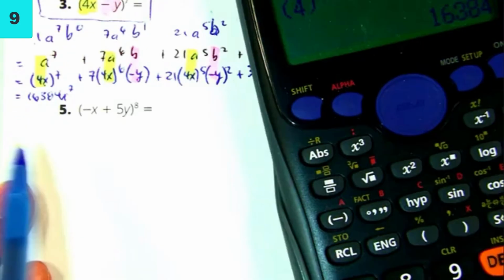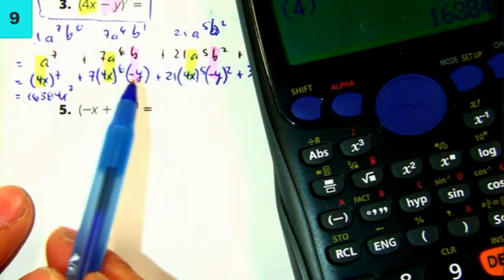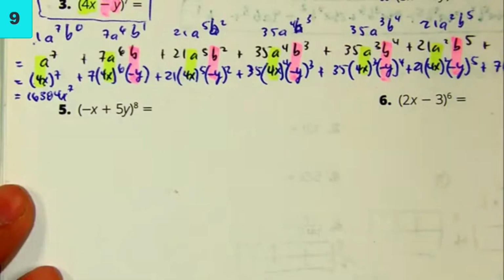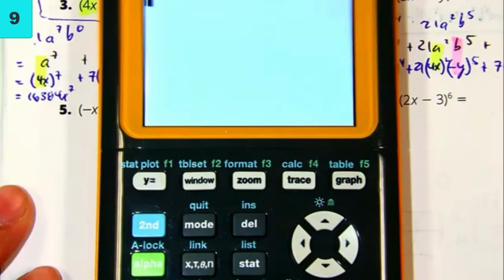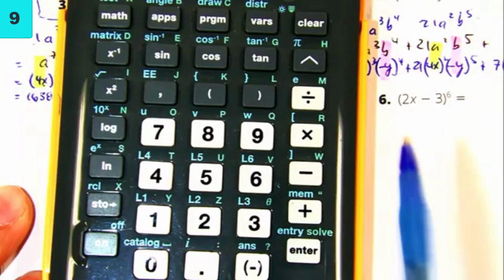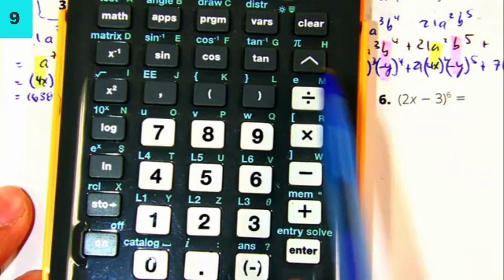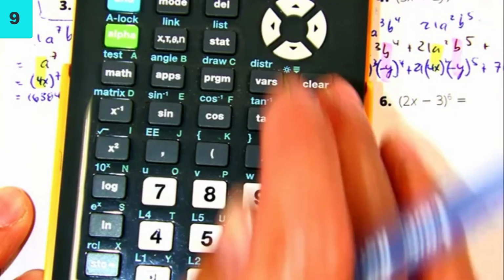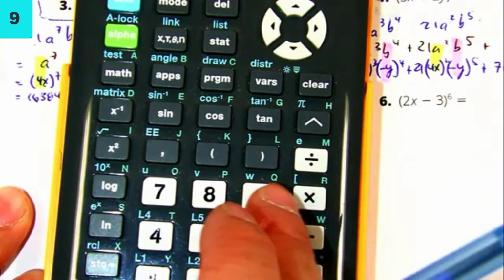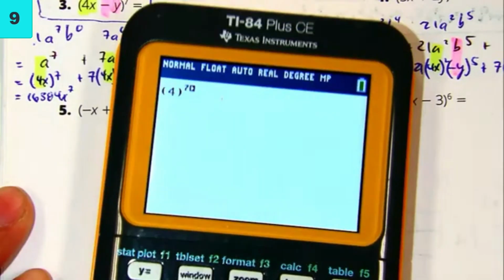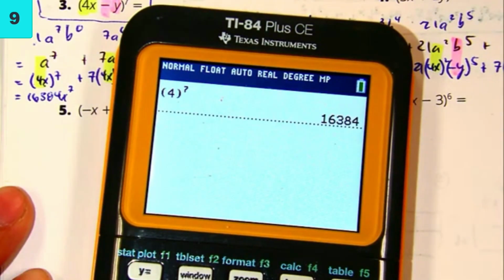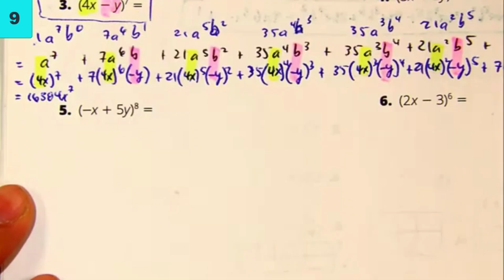Now when you get to the ones that are a little bit bigger, let me put that in this calculator to show you guys. So in this calculator, I have a caret button. That's just an up arrow. So you'll type in 4 to the 7th. Let's do that in parentheses. Looks like this. Some of you will have x to the y power or y to the x on your calculator. But when you get to a problem that looks like this,